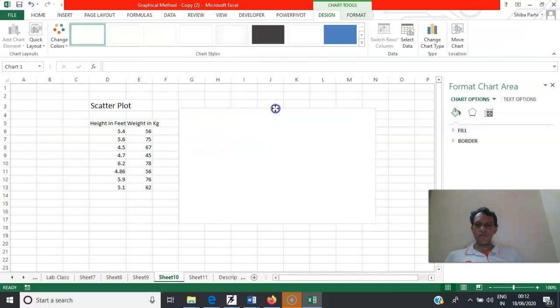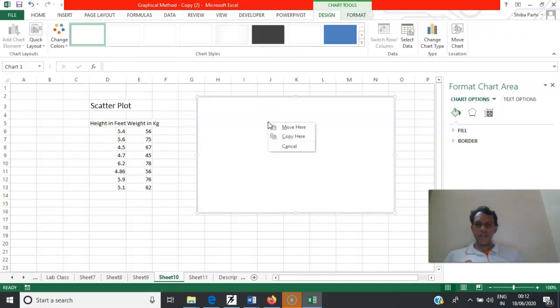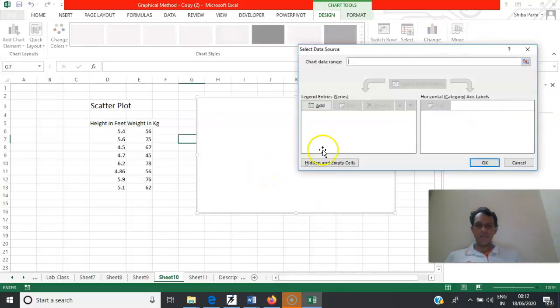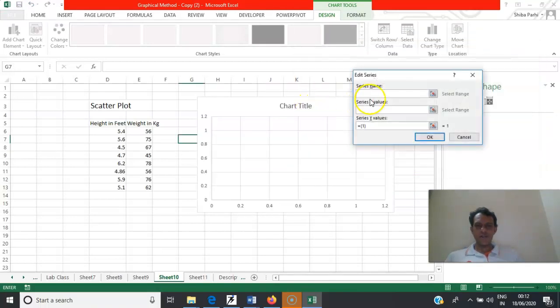Once you call this, then you can add here: right click, then select data, then add. So you want a scatter plot for the height versus weight,